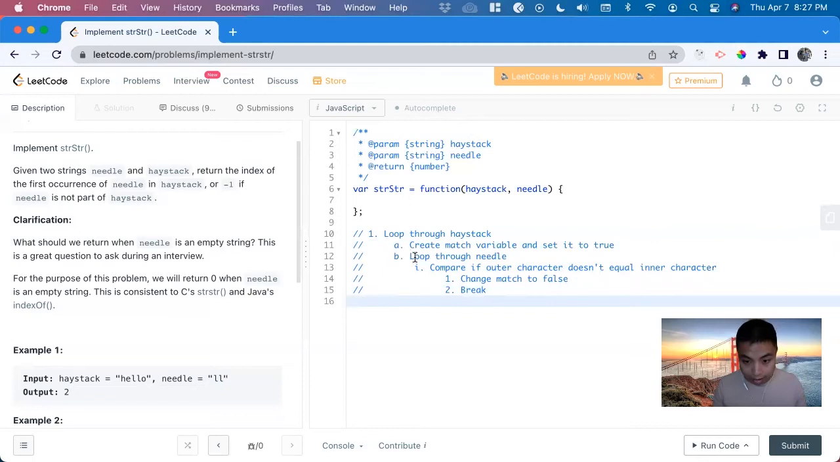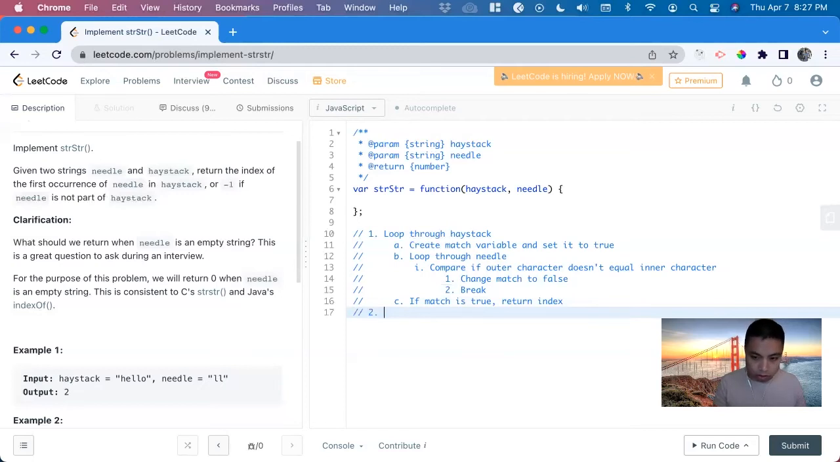So then after we do this inner loop, we compare if the state is still true. So if match is true, we know that it successfully iterated through needle and matched, and then we can return that index. And if it doesn't find a match, we return -1. Great. So let's code it. For that, i equals 0, i is less than